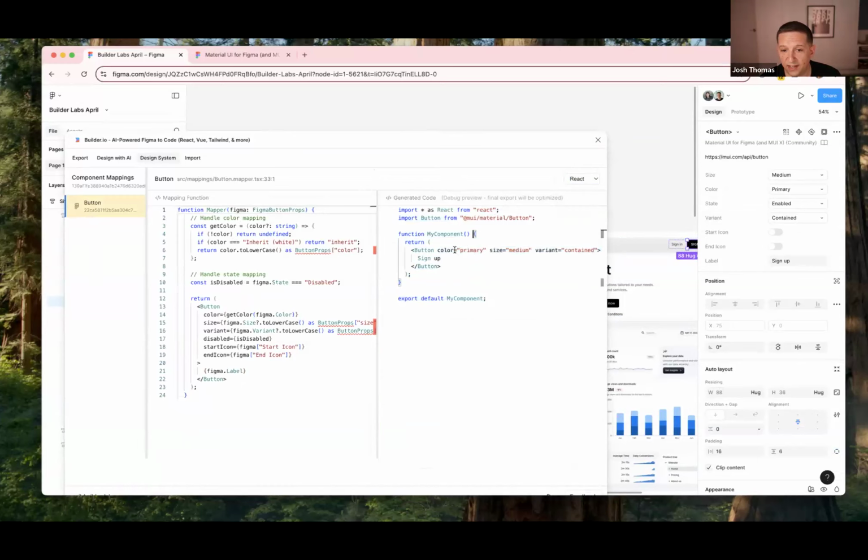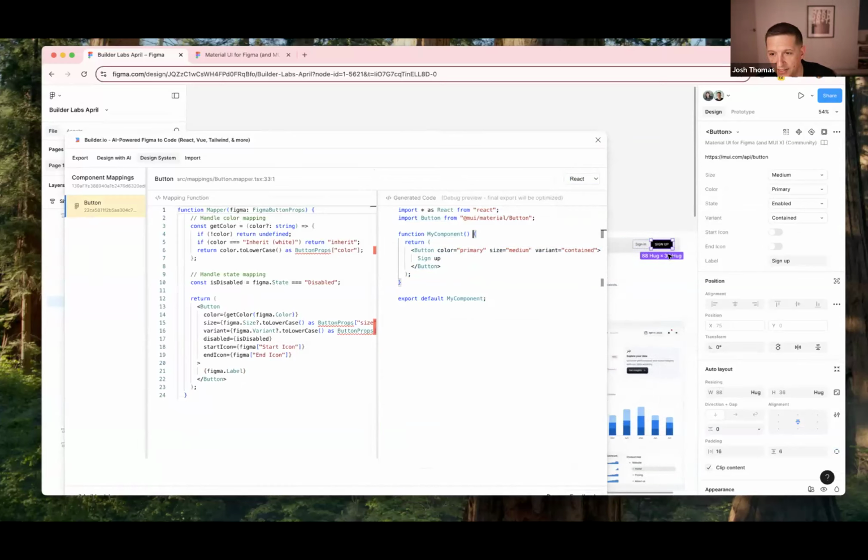But we see that the color on this button is primary, the size is medium, and the variant is contained. And that's interesting because that's the naming convention and the approach that is expected by the documentation for the Material UI React components. But from the perspective of how it's set up within Figma,